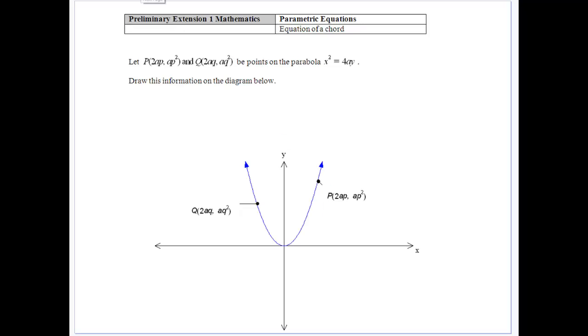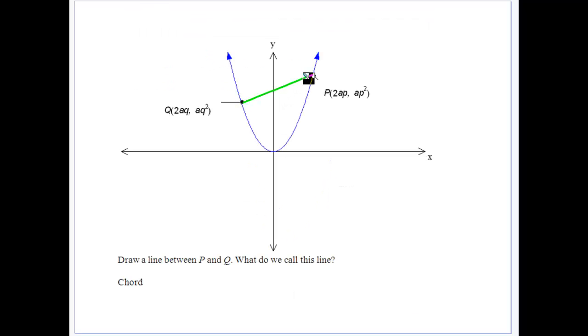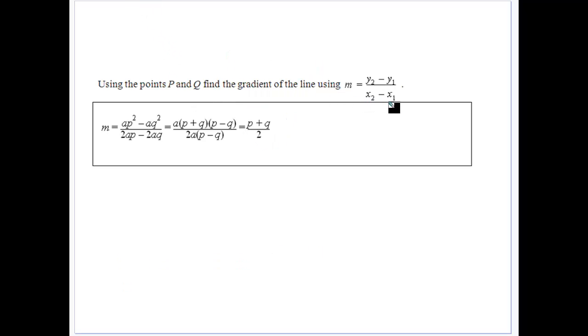Now we want to draw a chord between those two. What does that look like? Well, we just draw a line between them. So we call that a chord. So remember, a chord is a line that goes from one point of a curve to another. Pretty easy. So if we want to find the gradient of this chord, well, we're going to use our gradient